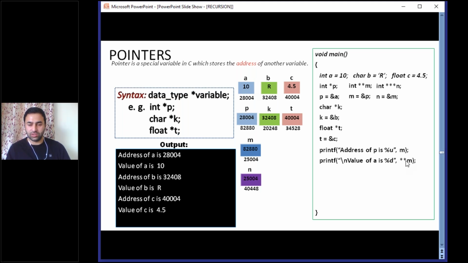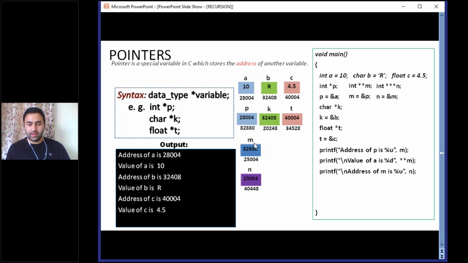So 10 will be printed through this statement also. Now see, you can print A by just writing A. You can also print A by writing *P, and then you can also print A by writing **M.